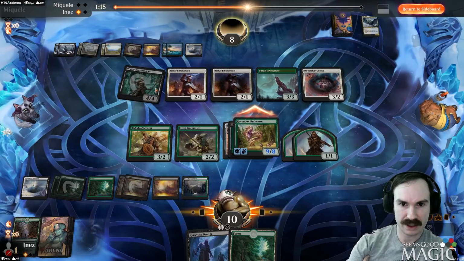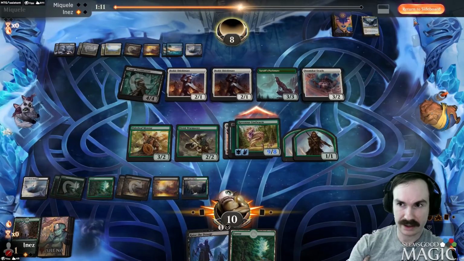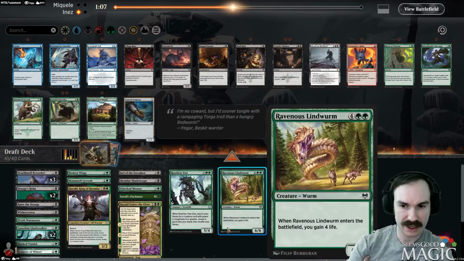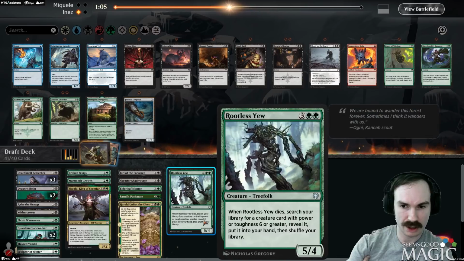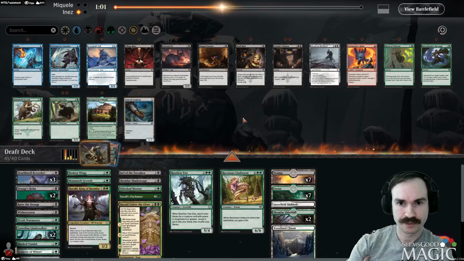But is it exile if it would die, exile instead? Jeez. So we don't even get the... because it's an instead effect, we don't even get the... Same with you, too. This has to die. Necromancer's quite good against us. So I bring in Broken Wings. Could see maybe cutting...